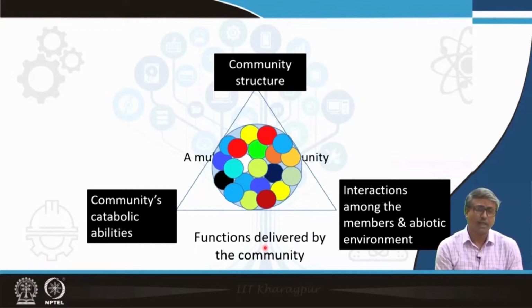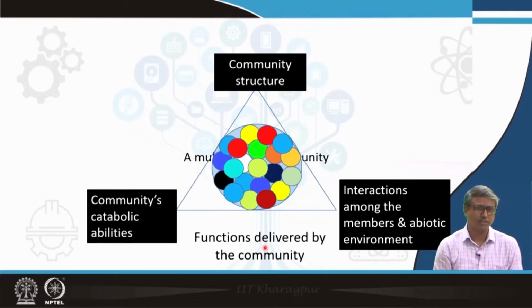We can have a simple example: a particular soil collected from a given locality is found to be very fertile, whereas a similar soil from an adjacent field or locality is not so fertile. If we cultivate the same type of crop, without adding any extra fertilizer, using the same variety of seeds etc., we will see that the responses are different. Now, if we investigate the control of the soil microbiota over soil fertility, that is, the function delivered by the soil community, we will be able to find out that